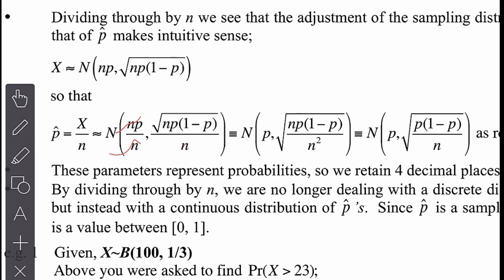Or you can simplify it algebraically. You put the N inside, so you have to square it to put it under the square root sign. And then you can cancel the N's, one N here with this N here. So one N and one of those, okay? And that's why you get that form of the new standard deviation. It's going to be P times 1 minus P, the probability of success times the probability of failure, divided by N with a square root around it.